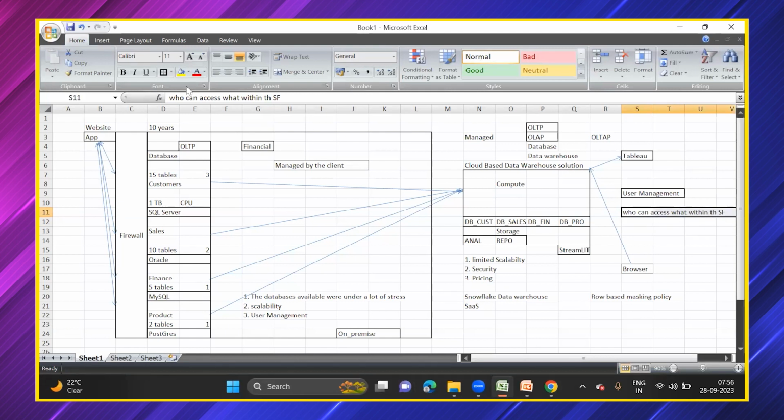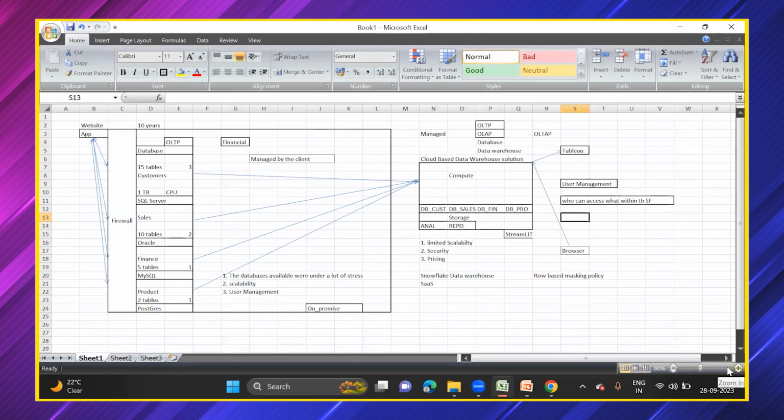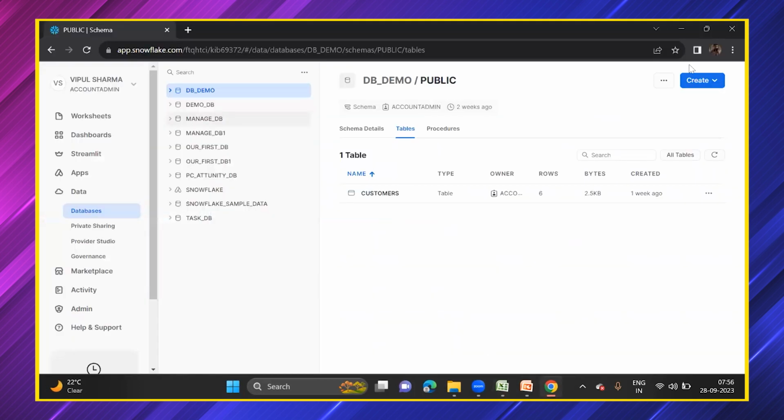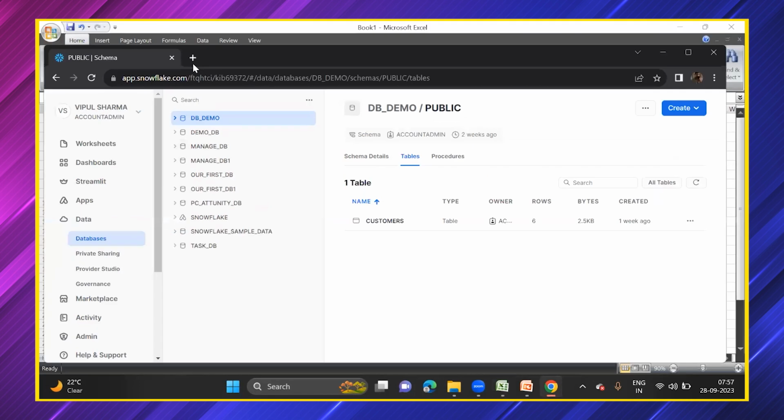So let us say I am logged in to the Snowflake data warehouse, but I am not allowed to access a specific table, or even a specific column, we can go to that level. If you do not want someone to access a specific column, we can also do that. We have something called column level masking policy. So we have a lot of very nice access policies within the software. One more thing which I want to show you,